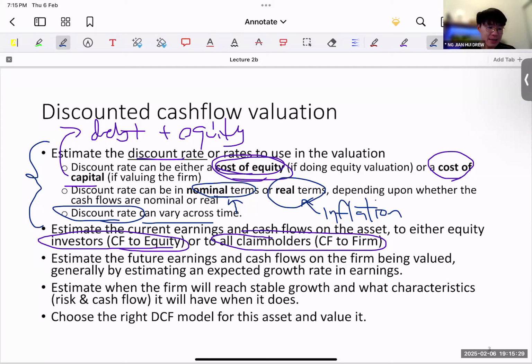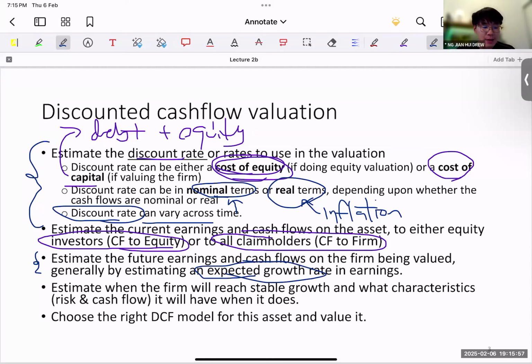Okay, this is what I was trying to say here. So once we determine, okay, let's say we determine that the rates are going to be flat, they're not going to change, and we determine that we want to value it to the equity holders. That's why we use the cost of equity. Then we need to start estimating the cash flows, right? Determine what's the cash flows. And to determine the cash flows, we need to determine what's the growth factor here, which we'll talk about in a bit. And then after that, there must be a terminal value, right?